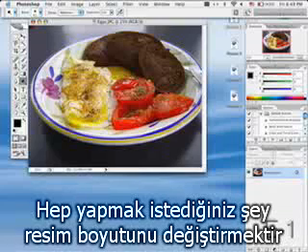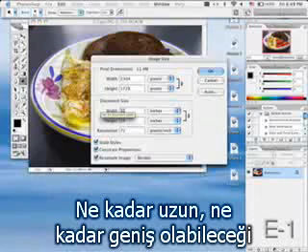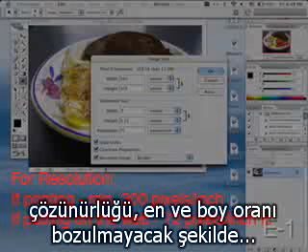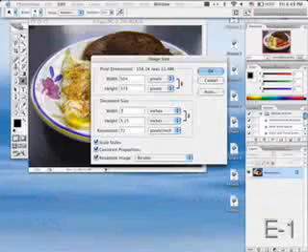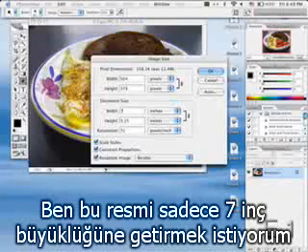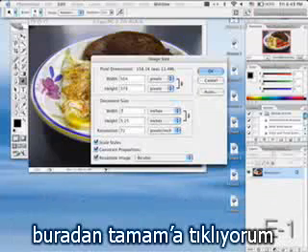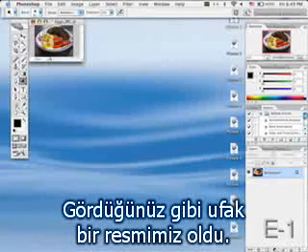First thing you might always want to do is decide the image size. So this lets you decide how many inches wide, how many inches tall, your resolution, whether you want to make it so that the width and the height are tied to each other, or if you can change the width and the height independent of each other. I'm going to make it so it's only 7 inches wide, and click OK. I'm going to leave it at 72 pixels per inch, and it's made it very small,